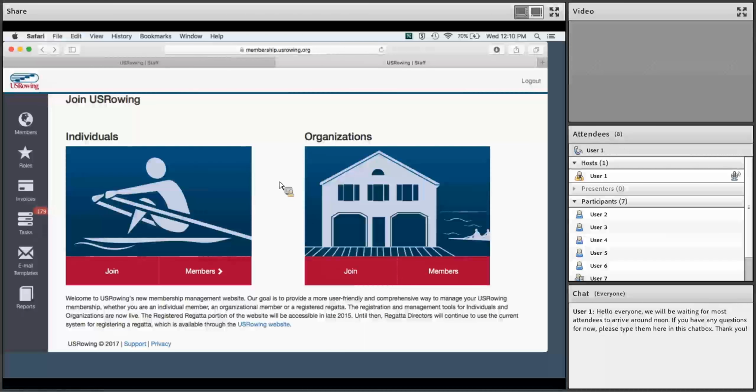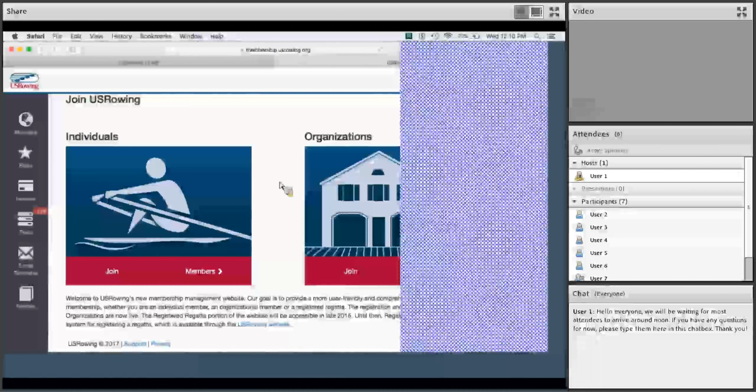Under organizations, it says join and members. If you click on members, it prompts you for your Regatta Central account. Currently, unfortunately, only one account can be added for every team. It limits the number of people who can log in. If you're not looking to share that login information, we have recommended to people to sign up with a generic account. So create, say, the name of your team at gmail.com with a generic password so multiple people can